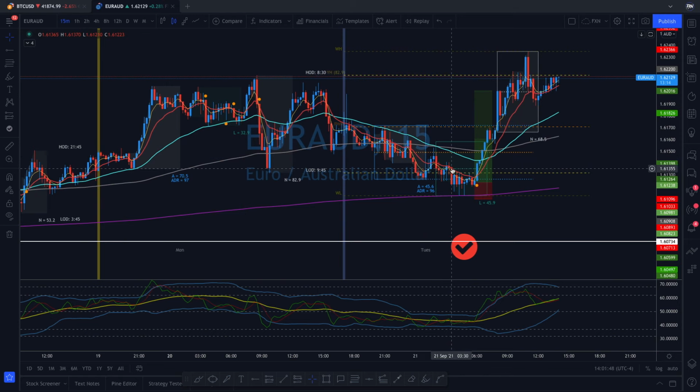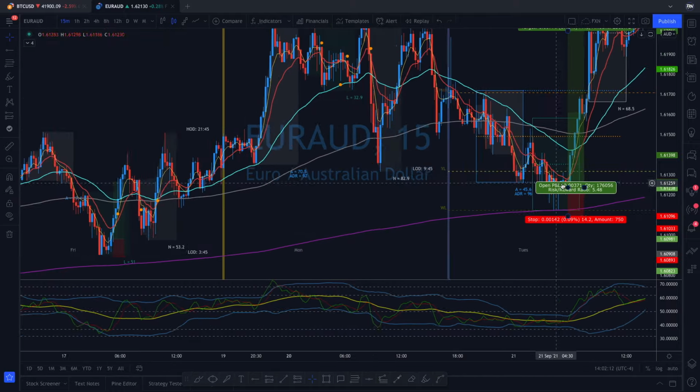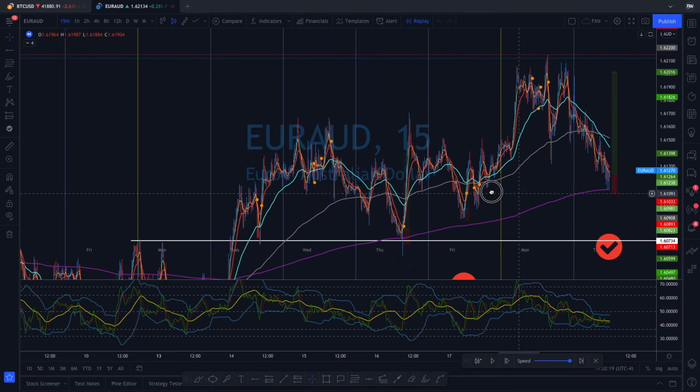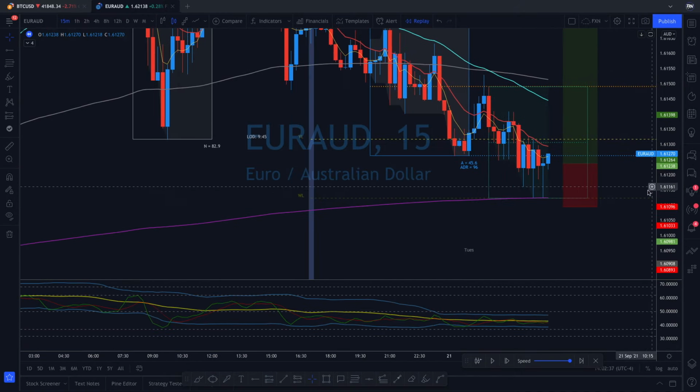This is the first leg right here. This big red candle forms the first leg, and then you can see we have well over 5 candles. And I think the most important thing here is if you take a look at these spikes here. These spikes are what market makers are doing to grab as much liquidity as possible. Because remember, if we go back and look at this right here, there's going to be a lot of traders that are thinking this is the top and then we're going back down again like this. Okay? So those liquidity grabs that you see on the chart, basically those pin bars that you see, is